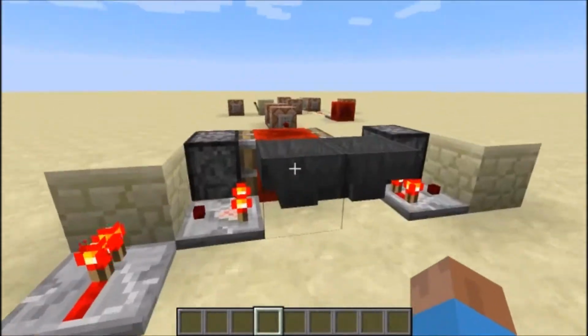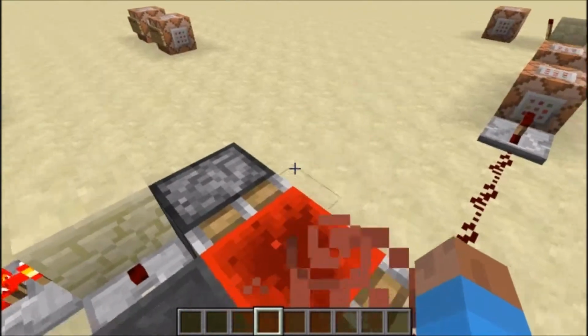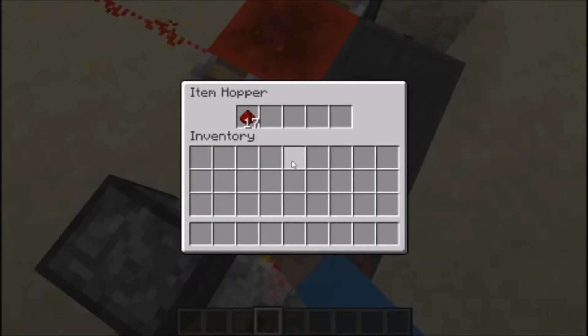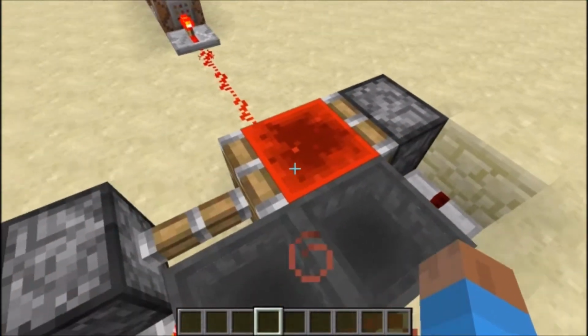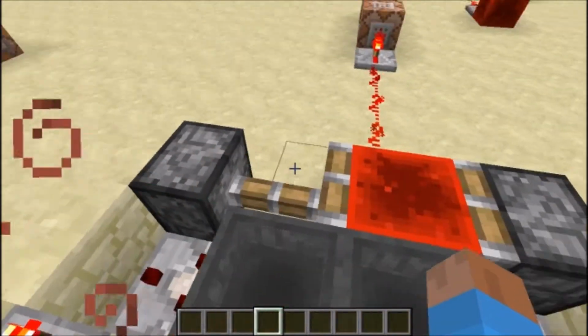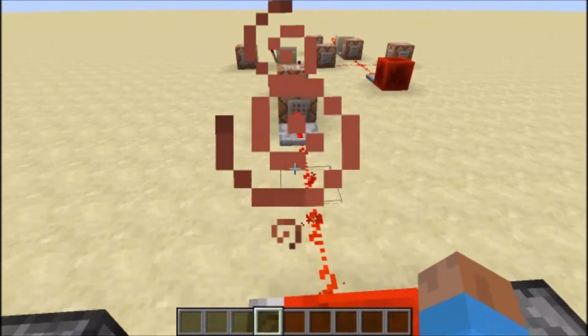Now here we have Ethos Hopper Timer, a great little invention. Basically what this does is however often you choose, I have 22 items in here just to make it a little bit more demonstratable for the tutorial video. But basically what this does is every however often you want, 30 seconds, 3 minutes, whatever the case may be,